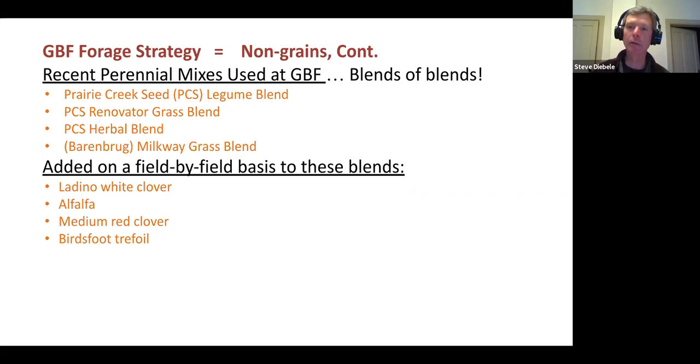So I used my broadcast spreader as well, and I increased my seeding rate in pounds per acre. And I was really extremely disappointed with the broadcast results with it. It was horrible. The other time with the sorghum Sudan grass, I used my grain drill with it. That was a little bit different seed size, if I recall right. And that drilled okay, but